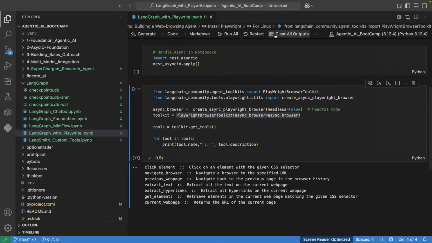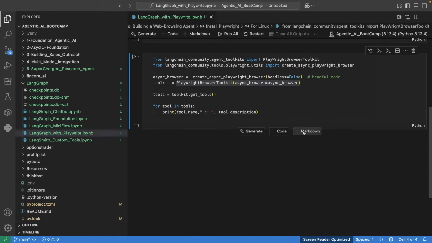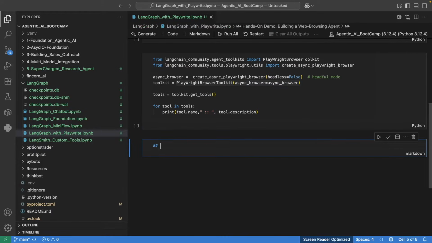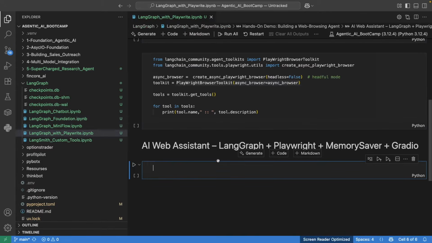I will clear out the console and start building a new code block. In this new code block, let's add a heading: we are building an AI web assistant with the help of LangGraph plus Playwright plus Memory Saver and Gradio. This is the use case we are going to serve today. So let's add a code base, and we will add multiple steps to build this